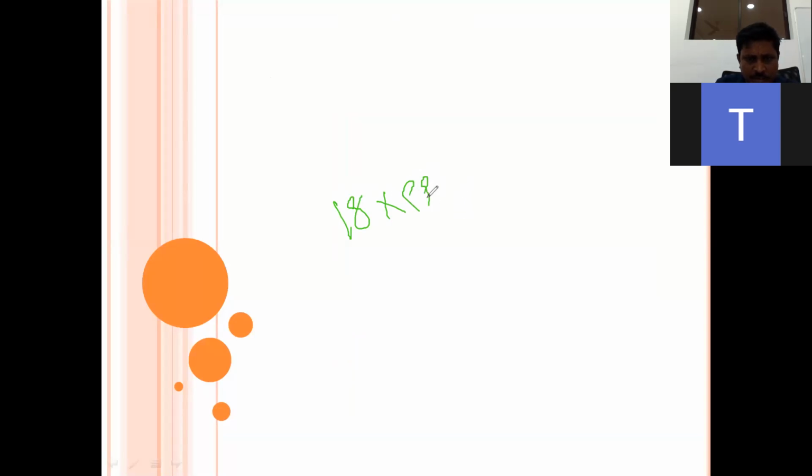Eighteen into 999. Now here we see that on the left side we have 2 digits, on the right side we have 3 digits. So 1 digit less means we place 1 zero. Now first subtract 1 from this number: 018 minus 1 means 017. 9 minus 0 is 9. 9 minus 1 is 8. 9 minus 7 is 2. So this is the value of this multiplication.